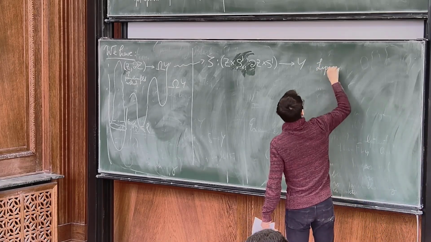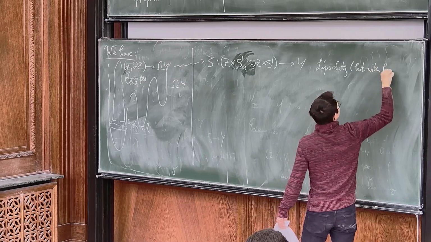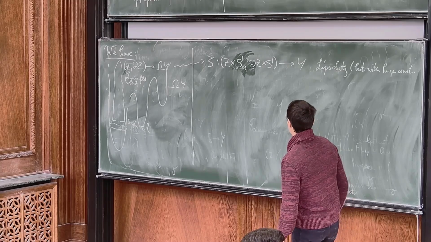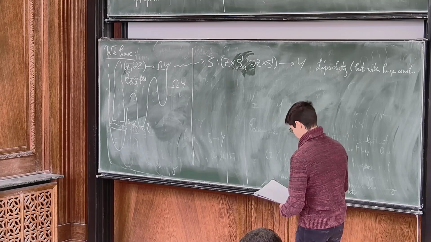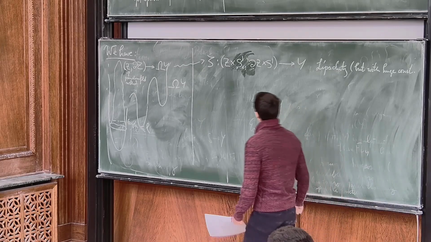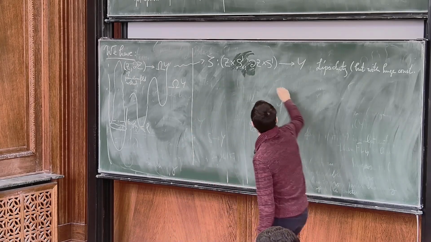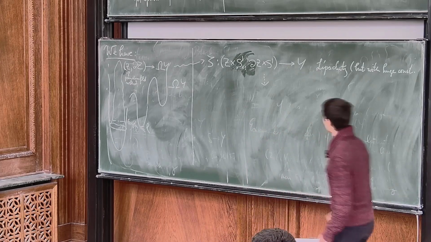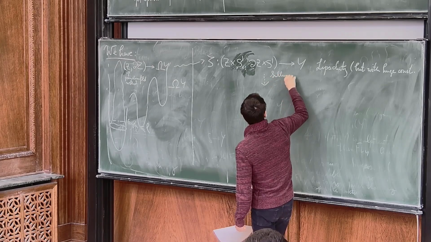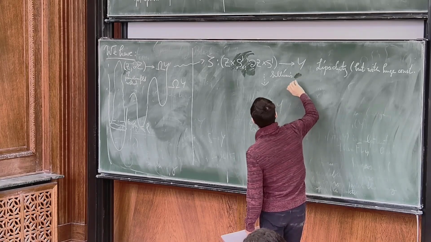So we might as well assume that this is Lipschitz, but with huge constant. So now, I'm going to take this map